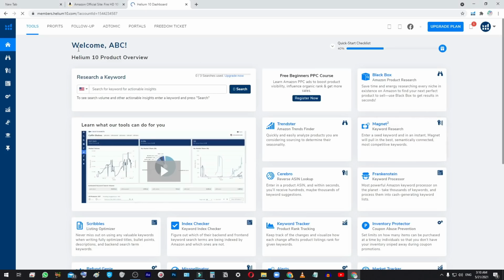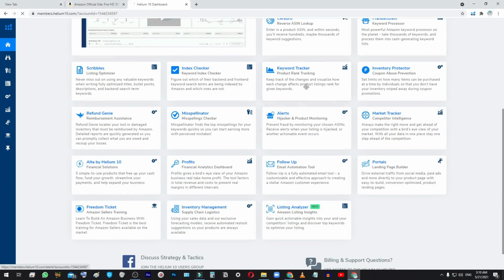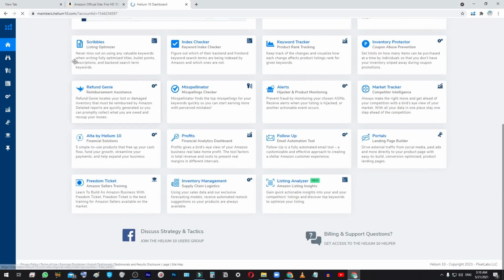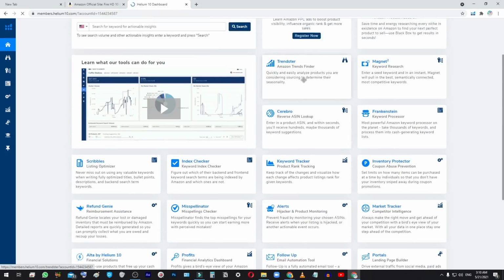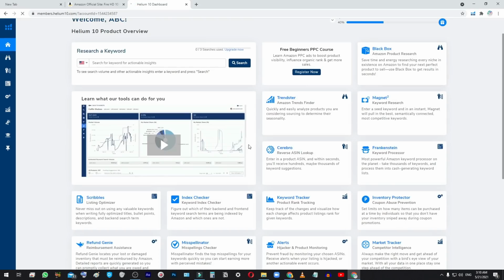Alright, so here we go with the Helium 10 tutorial. So here is the Helium 10 homepage. If you look right here, hover over tools, you will get a drop down that shows you all the different tools, the main ones that I'm going to show you right now. X-ray, I might show you Black Box, will do Cerebro, and probably just do those as kind of the main ones. Also I might mention a couple other ones here.